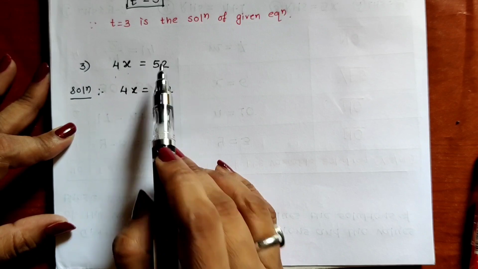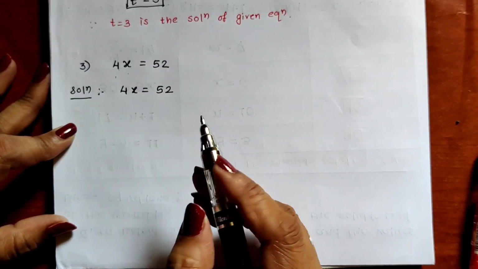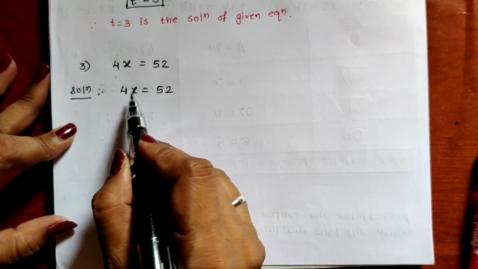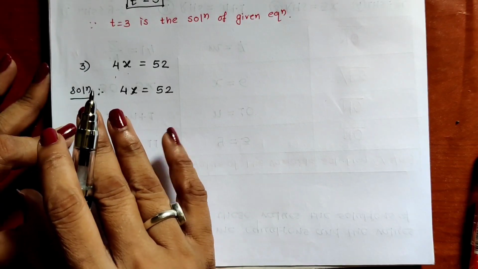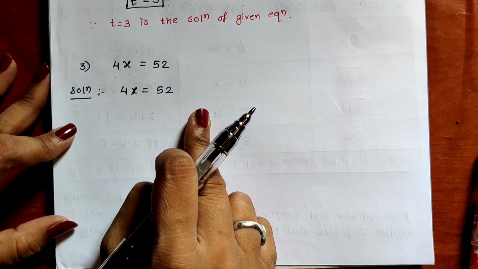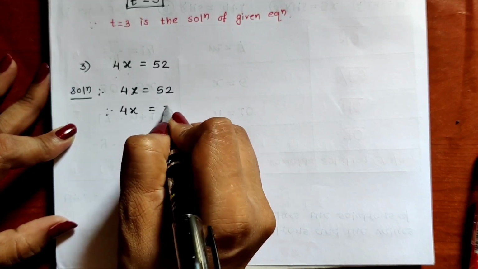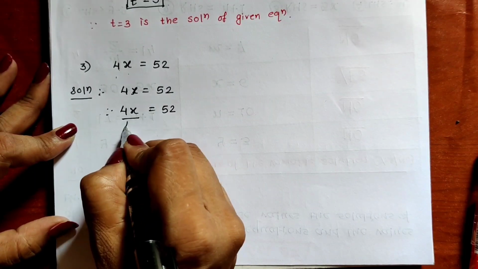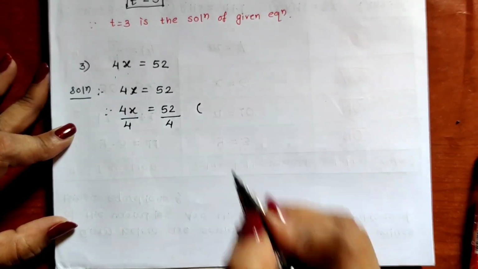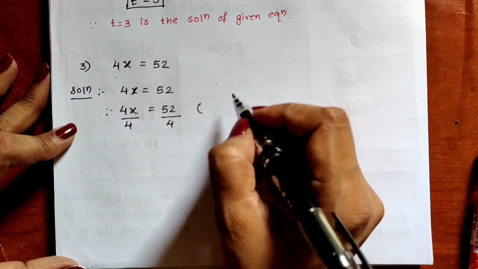That means 4 multiplied by x is equal to 52. As multiplication is there, which operation will we have to perform? Divide by. Okay. x is the variable, and the variable side is the left hand side. On the left hand side we have to perform the divide by operation. That means we have to perform the divide by operation on the right hand side also. So 4x is equal to 52. We have to divide by 4 on the left hand side and by 4 on the right hand side. We have to do division, subtraction, addition, multiplication, all these operations, by the same number on both sides.